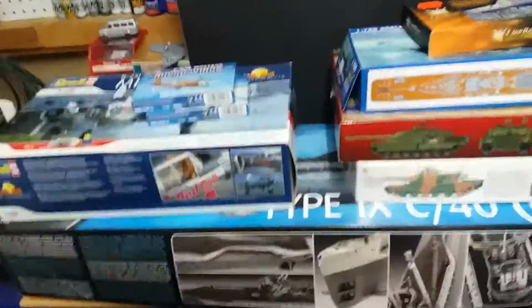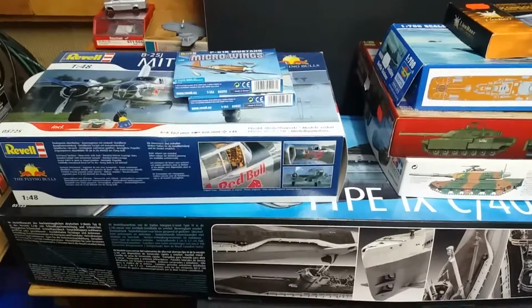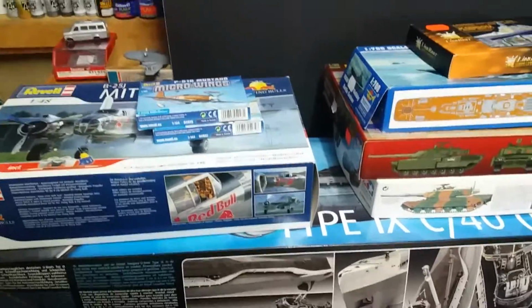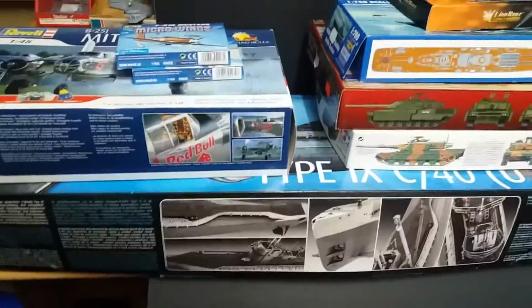I went there and saw some kits that I wanted, but I held off till the week after. So I went there again, and everything in the store was 50% off. So it's like, oh, I'm so glad I waited. So what I ended up buying that day was basically